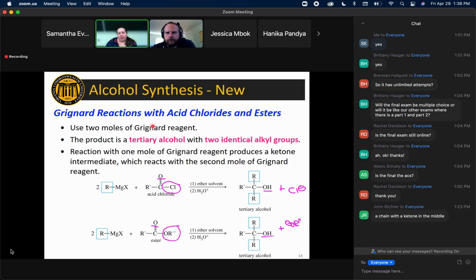When you react a Grignard reagent with an acid chloride or an ester, what happens is that you end up incorporating 2 equivalents of your Grignard reagent. And what you get in the end result is a tertiary alcohol where 2 of the groups are identical because 2 of the groups came from that Grignard reagent. And I'll go through this mechanistically on the next couple of slides in a way that I think will really clarify it. But what I'm saying here is that we're going to have 1